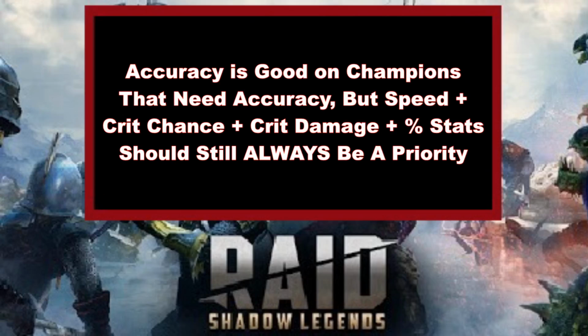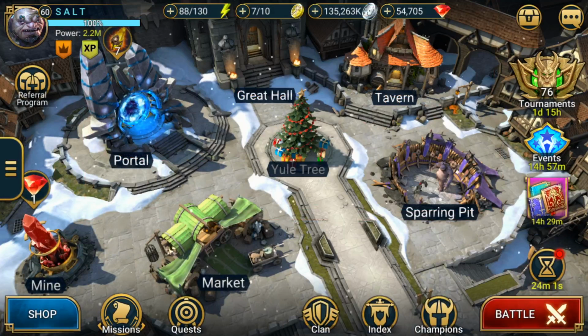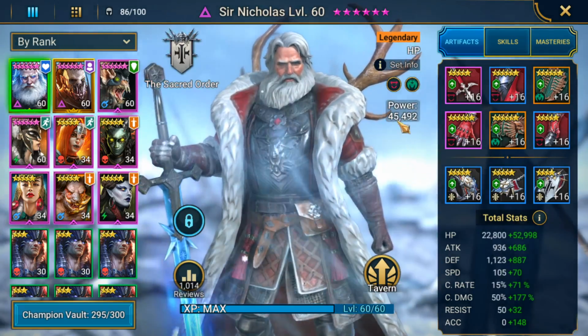Accuracy is still very, very good on champions that need accuracy, but speed, crit chance, and crit damage plus your percentage-based stats are always still going to be a priority. Even though it's important, I would never prioritize going for accuracy over going for one of those DPS-focused stats instead, or of course, speed. So you should be able to eventually, with just random stats that you end up getting